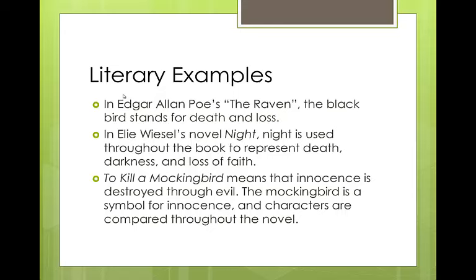Night, again, many events happen during the night. He makes comparisons to night all throughout the novel. And then in To Kill a Mockingbird, multiple characters are mockingbirds. The comparison is made many times. So when you are looking for symbolism in a story or a piece of literature, look for things that are